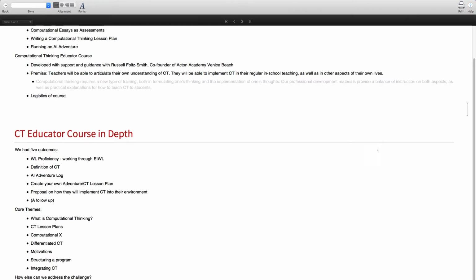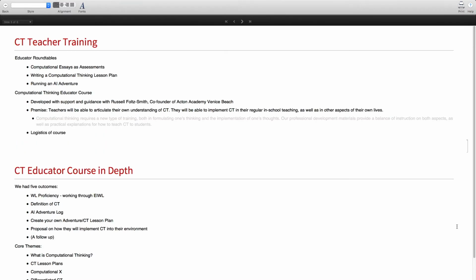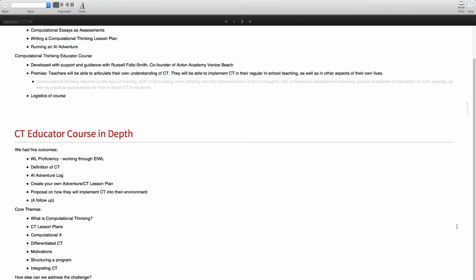And to talk a little bit more about some of the themes, we addressed first and foremost, what is computational thinking? As most of you are well aware, there are several definitions that exist out there. And there are a lot of resources out there that might seem a little bit overwhelming at times. So how do we identify a participant's own mission with their students and with what we're doing versus what everyone else is doing? As well as, what does it mean to craft a computational thinking lesson plan?